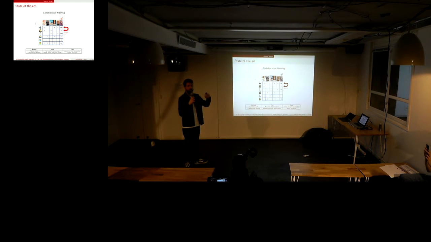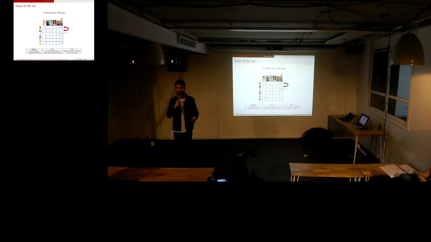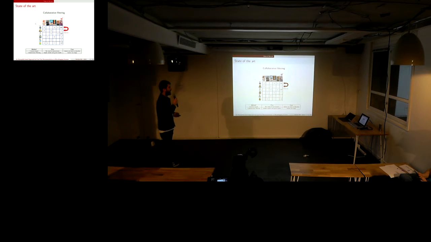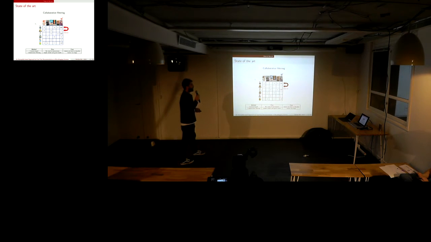Collaborative filtering methods, I will go very fast because of the 15 minutes limit. The problem of collaborative filtering methods is that the matrix is very big, and therefore computing all the similarities between users or between items can take very long. And the matrix is also more sparse, I think, than most matrices that we know in